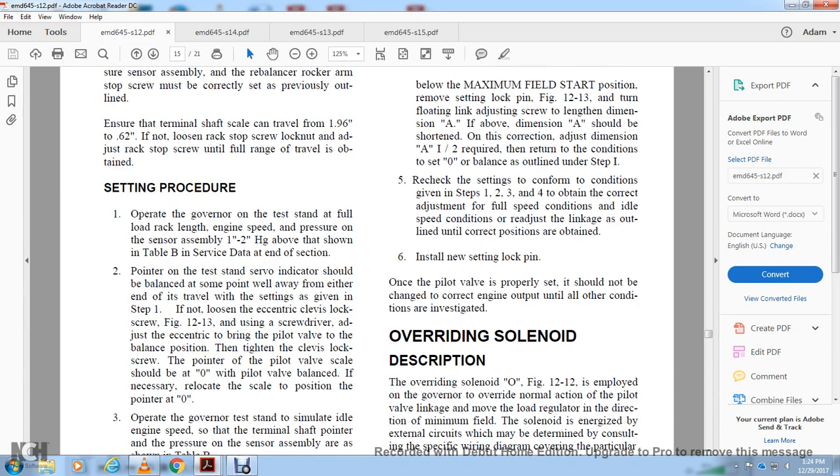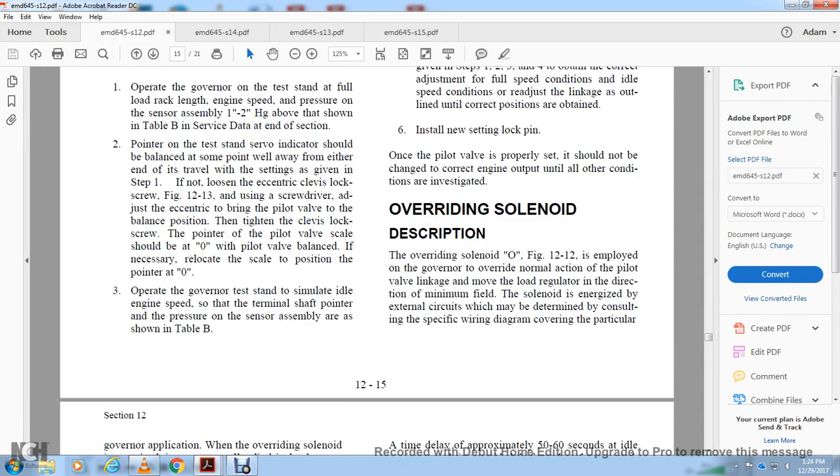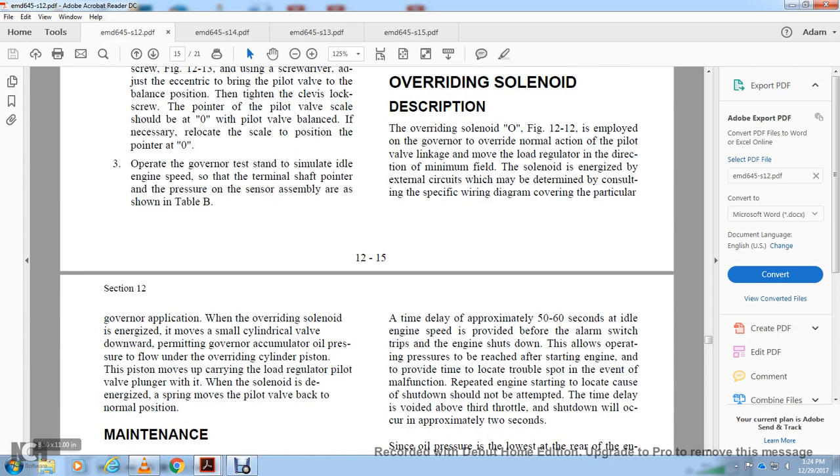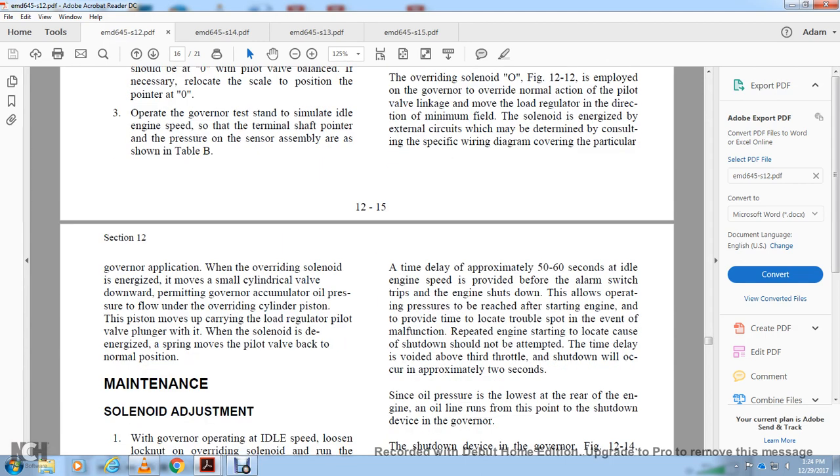the other conditions are investigated. Overriding solenoid description. The governor solenoid, shown in figure 12-12, is deployed with the governor override normal action pilot valve linkage to move with the load regulator in the direction of the minimum field of the solenoid energized with the eccentric circuits, which may be determined with the constant and specific wire diagram covering the particular governing application, while the overriding solenoid energizes the move of the small cylindrical valve downward, permitting the governor or accumulator oil pressure to flow under